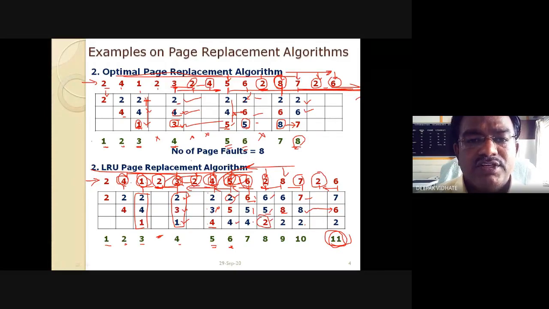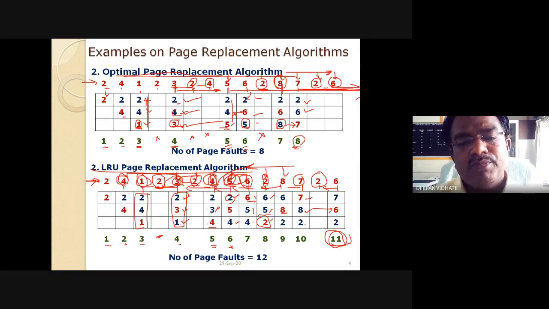Right? So see here, the same memory reference string. You will find the number of page faults equal to 12 for the FIFO algorithm. Initially, it gave you 12 page faults. Then this LRU also gives you 12 page faults. Whereas the optimal page replacement algorithm gives you only 8 page faults. Getting this point? Okay.